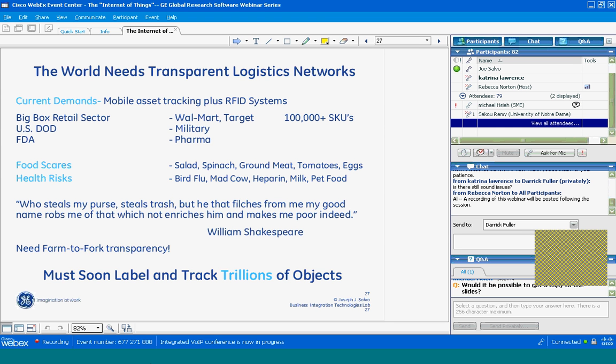So I would maintain that the world is going to continue to need transponders. In many cases, the stores may have more than 100,000 unique items they provide their customers. Very complicated to keep track of all that. The military also has a need for keeping track of all the different items that they're making and making available around the world. And FDA for pharmaceuticals. Most recently, there's been a series of food scares and health scares associated with food that's become contaminated. And I use this example to highlight that above and beyond